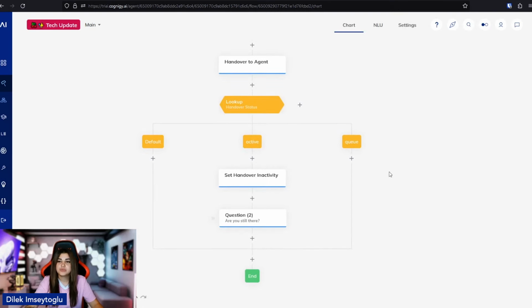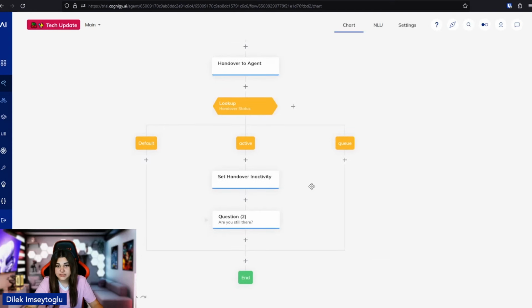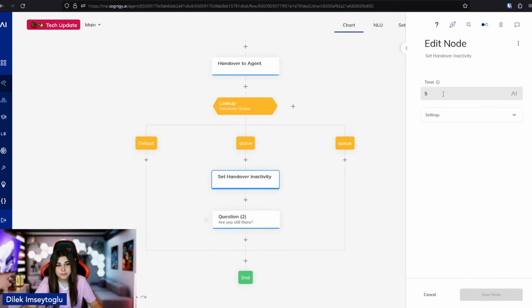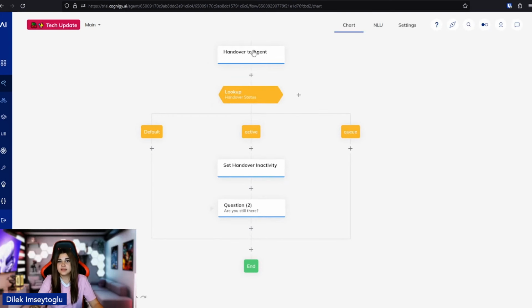And to make sure that we do not have this blocker for the agent, we have released a new feature, which is the handover inactivity detection. What we can do here is add a timer. It really depends what you want to configure. You could say it could be 2 minutes. Once it is set to 2 minutes and the handover to agent node is being triggered, we receive the event